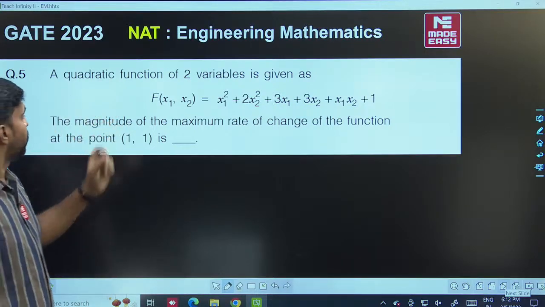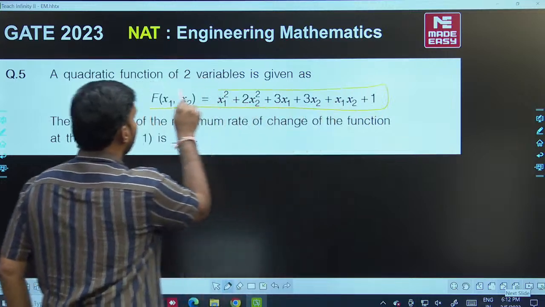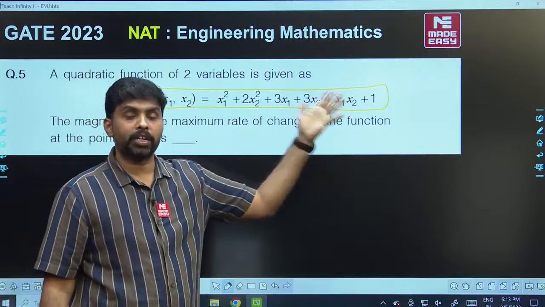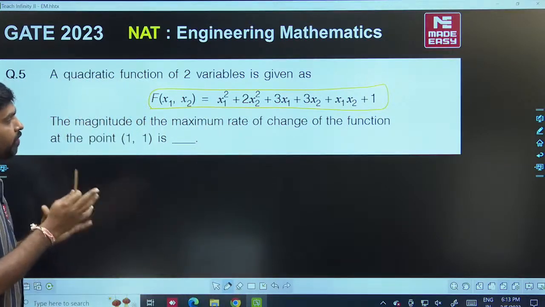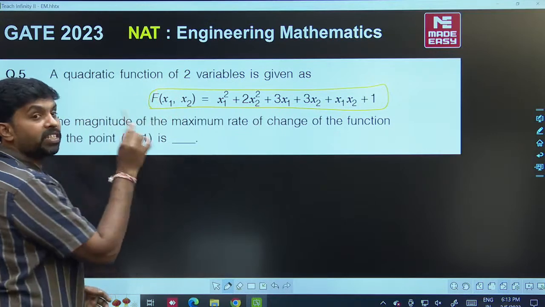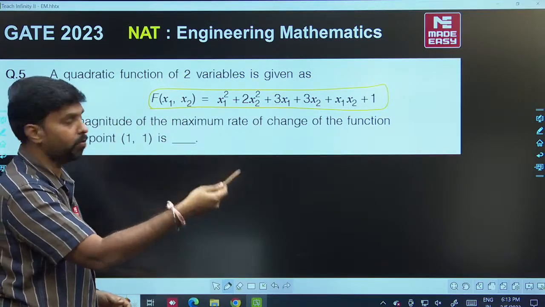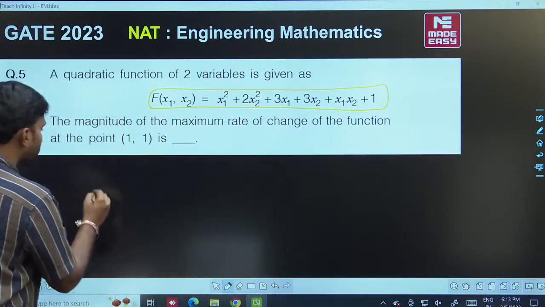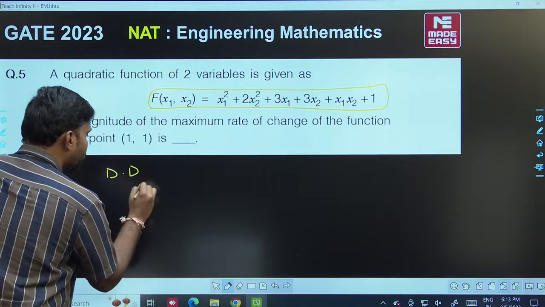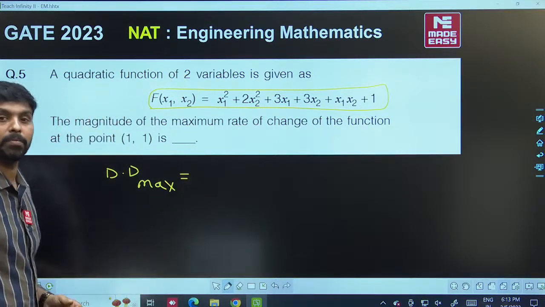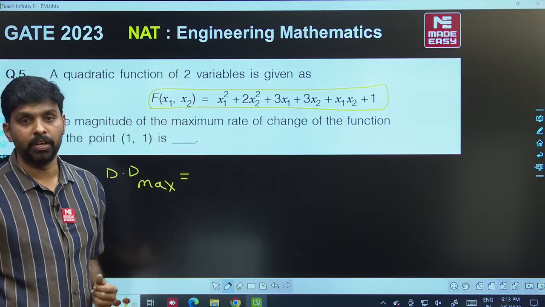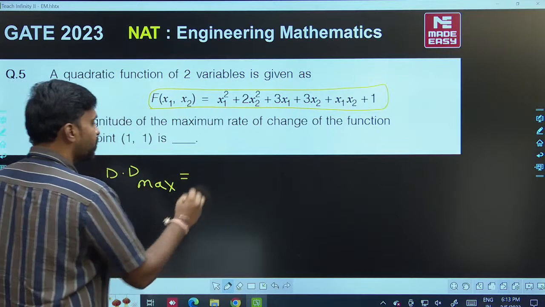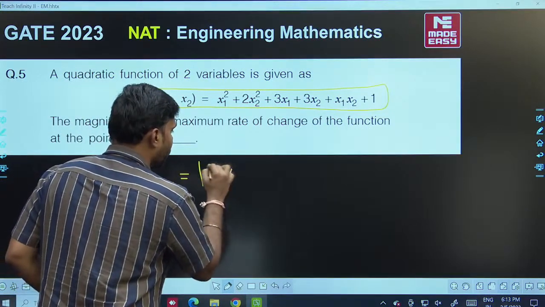So again, see, this is a function of two variables, and he is asking the magnitude of the maximum rate of change. So maximum rate of change means he is asking the maximum derivative, right? Yes. So in vectors we have studied the concept as maximum directional derivative, right? So maximum directional derivative of any surface, but here it is a two variable function. So DD max is given by modulus of del phi bar,